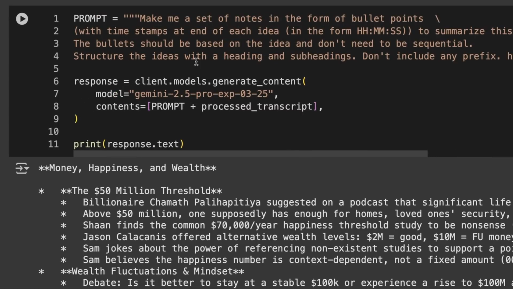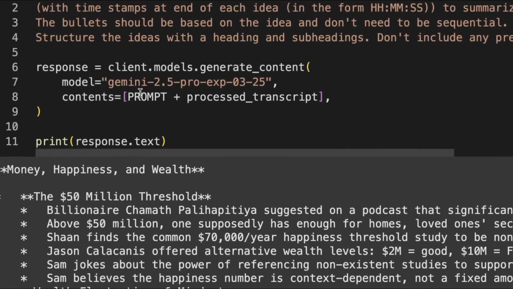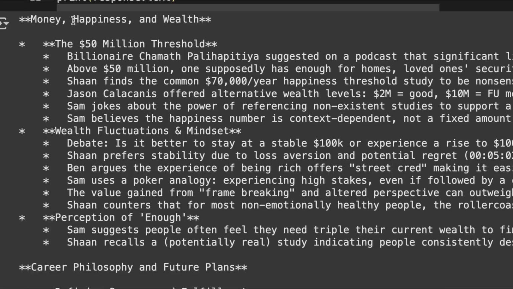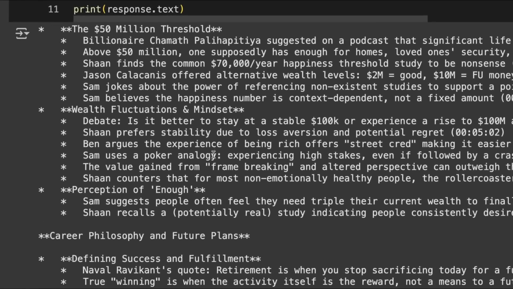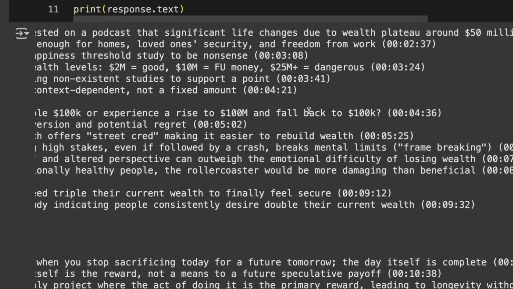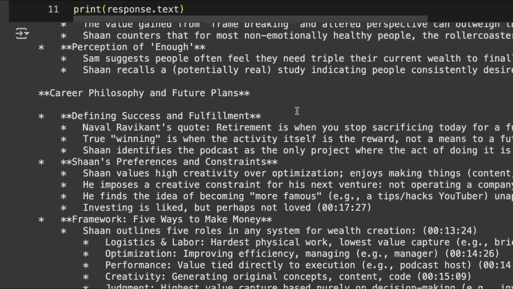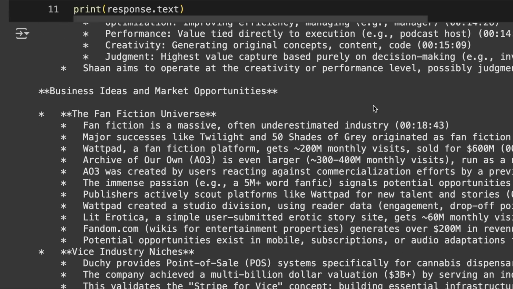And then I pass in that transcript that we've just processed to basically get it down. So you can see here we've got this prompt that we've just put in plus the processed transcript. Now I get out a whole summary with a bunch of ideas in here. And you can see each of them has got the timestamp at the end. So if I do want to go to one of the particular things and check it out, I can actually